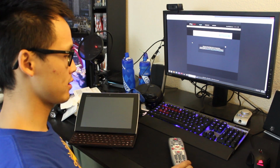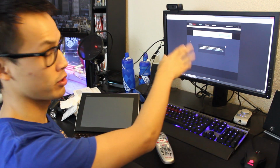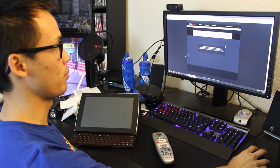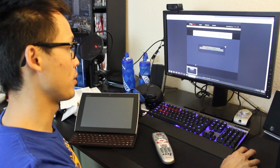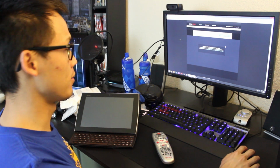Okay, so something that kind of sucks, before you could watch your Slingbox through a web browser. Now apparently you can't with the M1. The M1 doesn't support web browsing, so you have to download the Windows application, which you can find on their website. Once you do that, you'll go through some simple steps, just